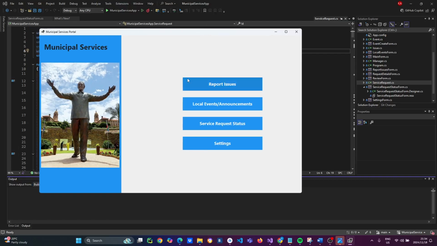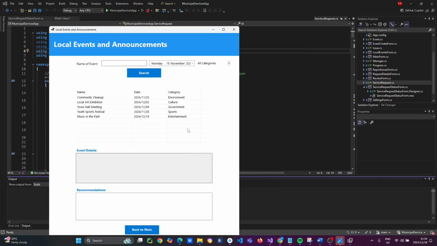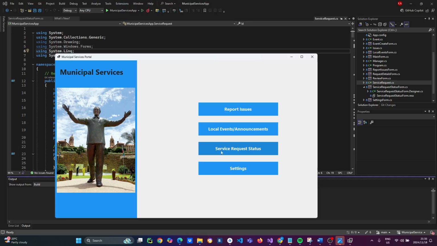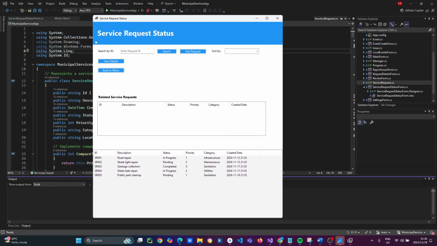So here we have our home page, and we've already done all these pages for Part 1 and Part 2, but I'm just going to be showing you the service request status and how it works. Basically, initially, the service request status is that users can search through